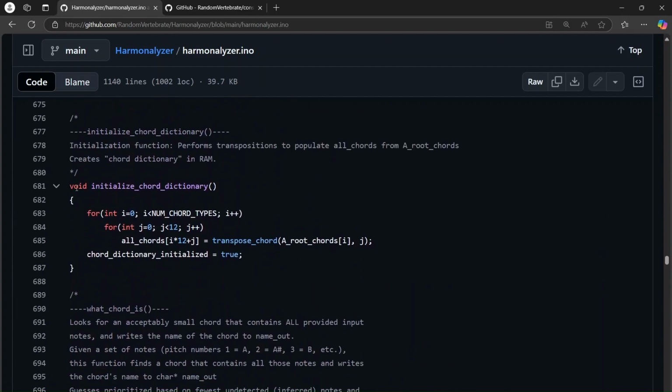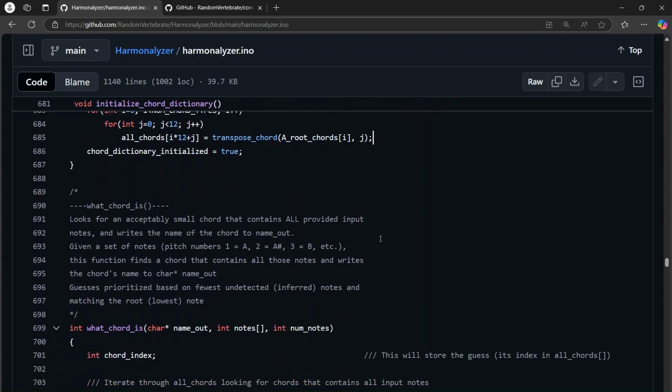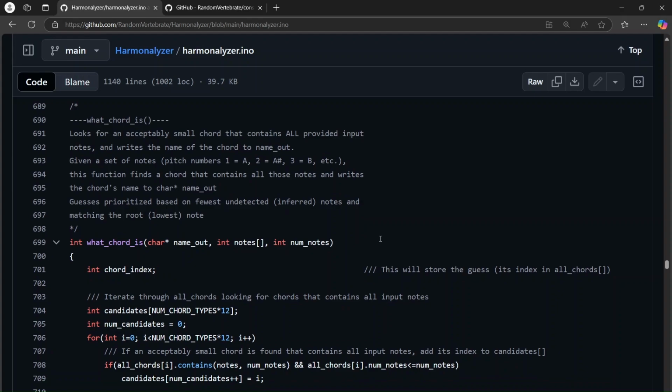Then what I'm doing here is I'm just taking those A root chords, and then I'm transposing them up by different amounts. And that way I have a complete dictionary of all chords that could be played, obviously excluding enharmonic equivalents, which are just spelled sharp always. So this is